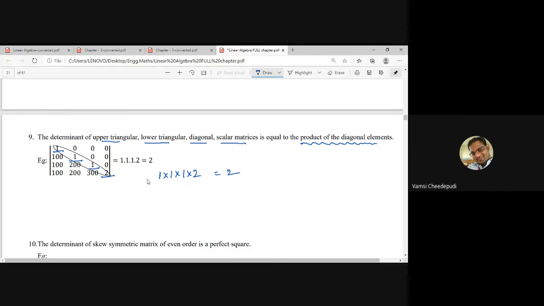Can you tell me, for a diagonal matrix like an I, 8 by 8,